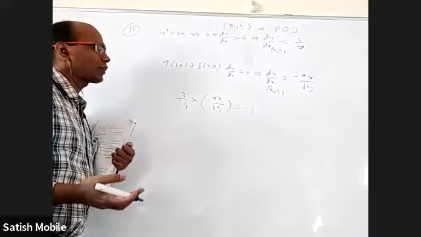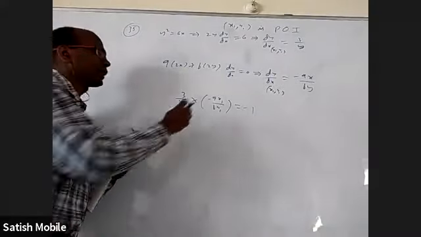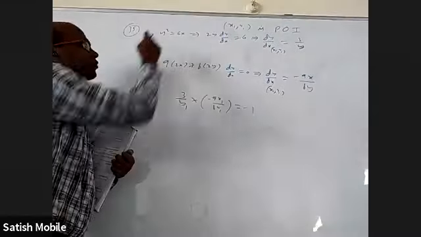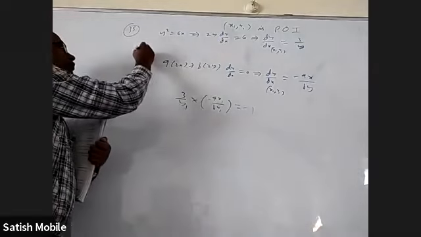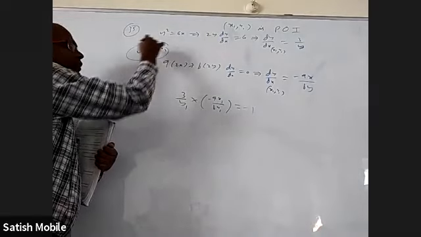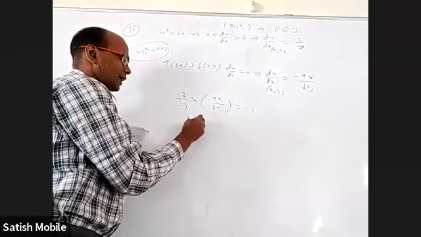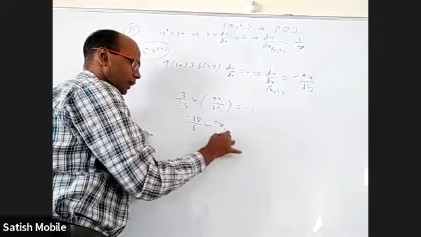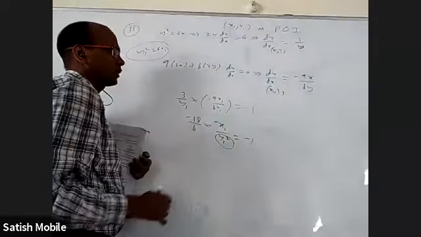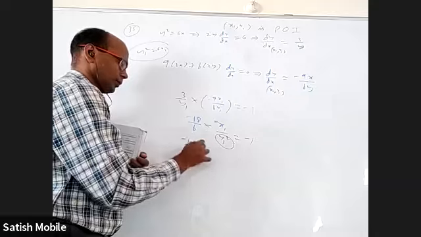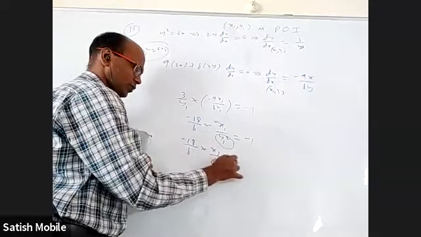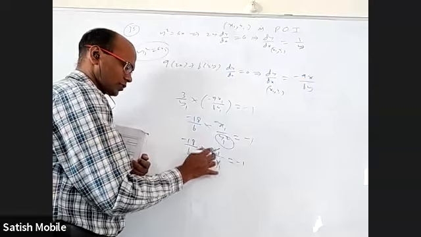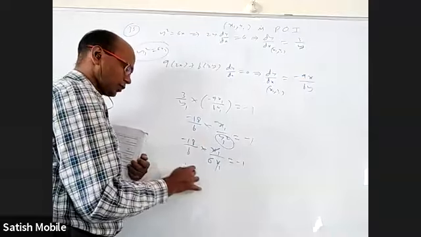One may say you have not even found the x1 value, y1 value. Not required. x1, y1 will satisfy that curve, and in the place of y1 square, based on the first curve, what can I write? 6x1. So y1 square equal to 6x1, I know. So this will become minus 27 by b into x1 by y1 square, and in the place of y1 square I can write 6x1. So x1 by 6x1, equal to minus 1. That's it, we got the b value. This is 6. b will go here, I think b equal to 3.